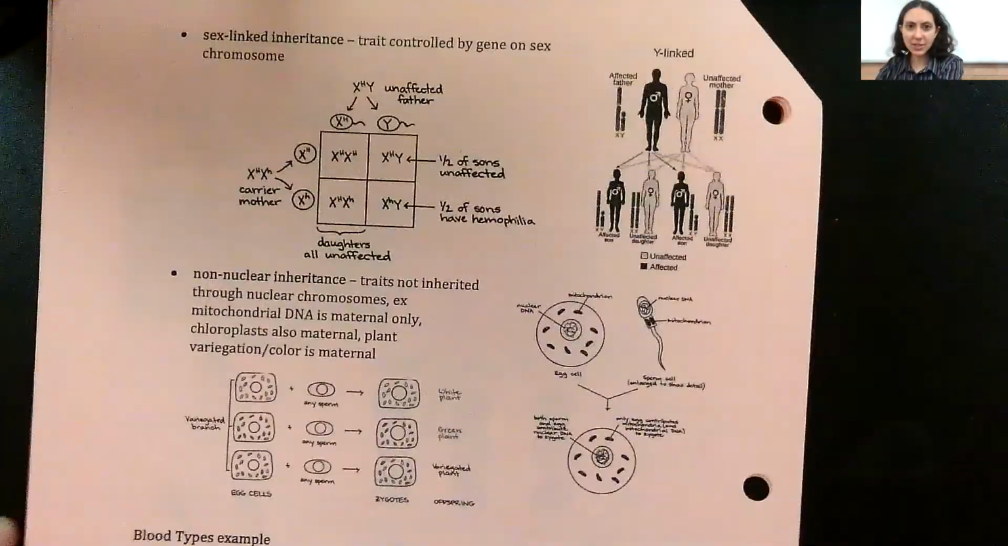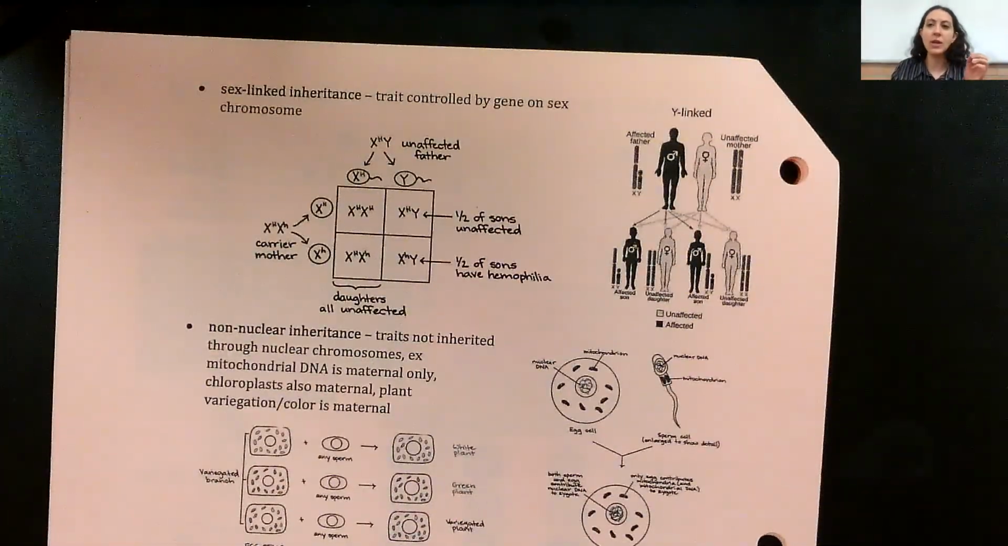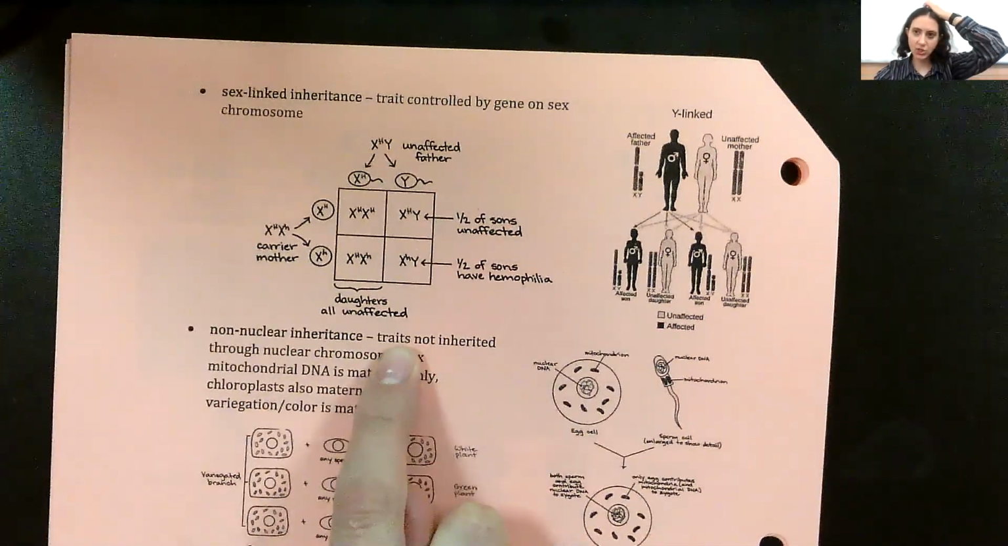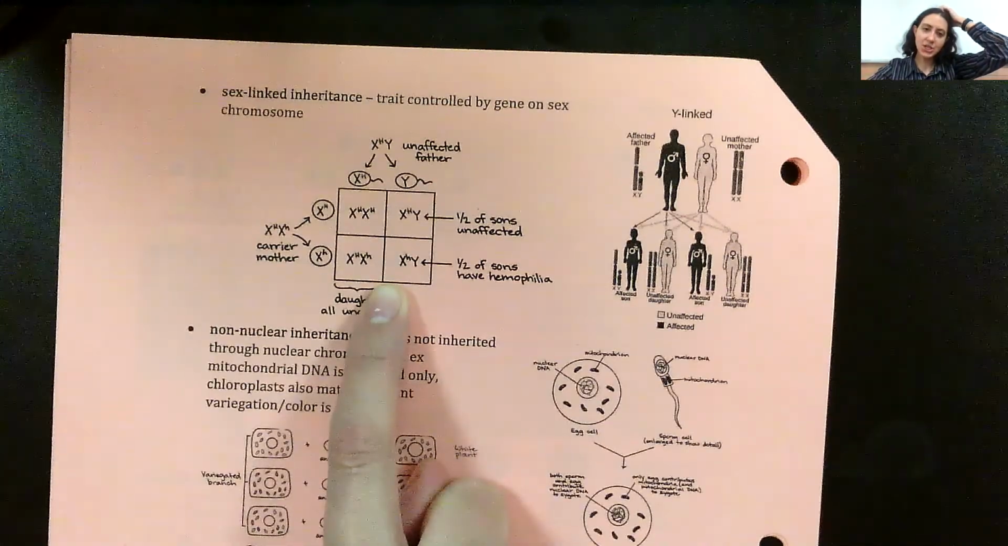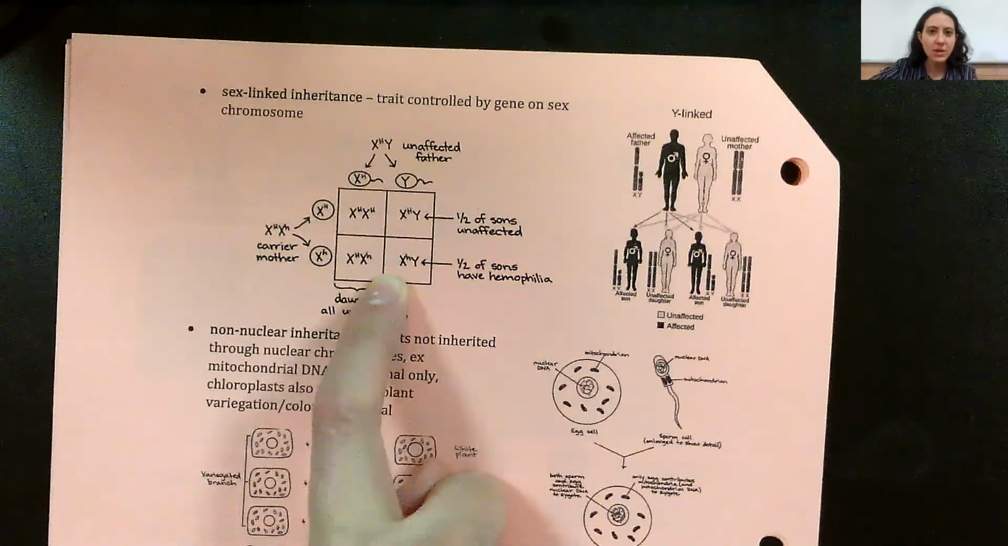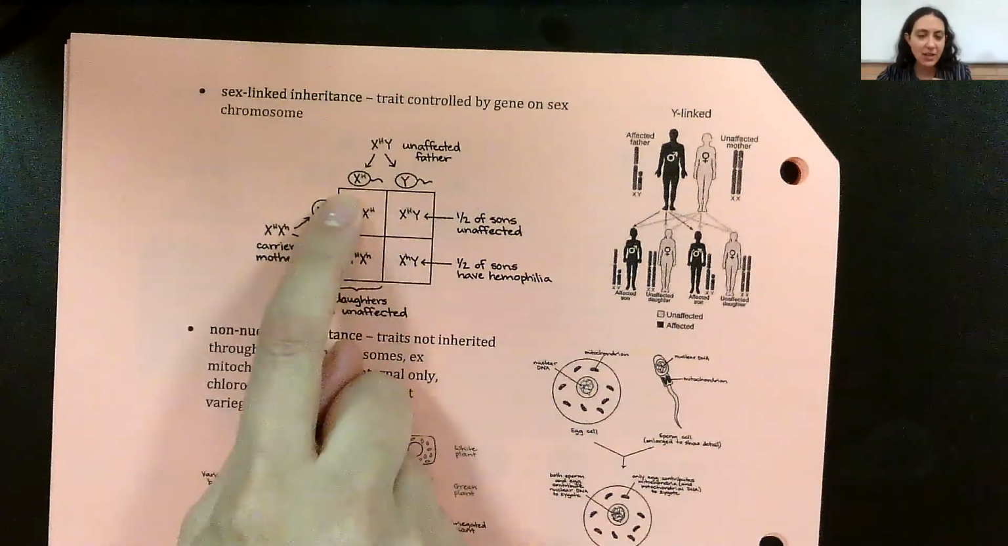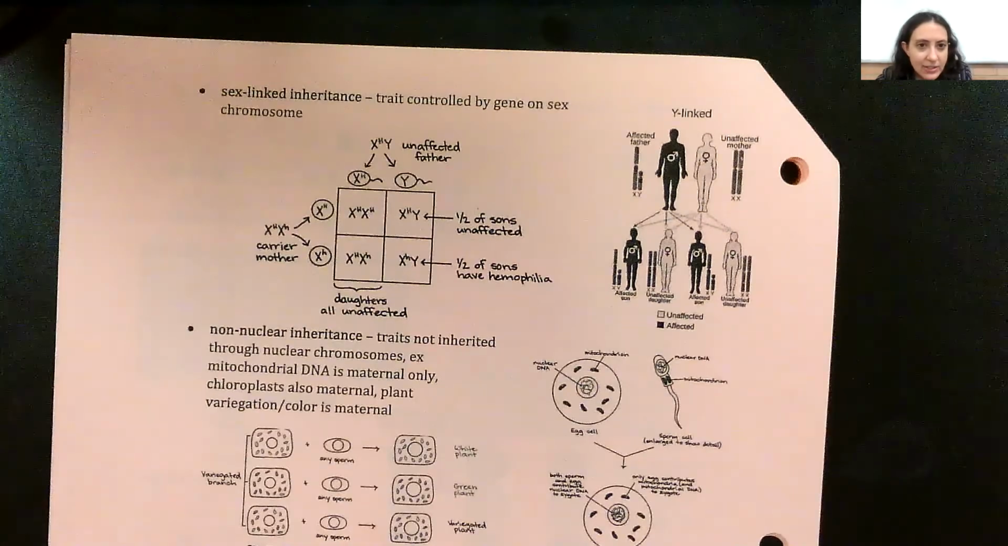Okay, so sex-linked traits are traits where the genes are on a sex chromosome. So this is a great example of an X-linked trait. This is a gene that is on the X chromosome. So the Y chromosome, for hemophilia specifically, has nothing to do with this. So if the father is unaffected with the hemophilia, it looks like,